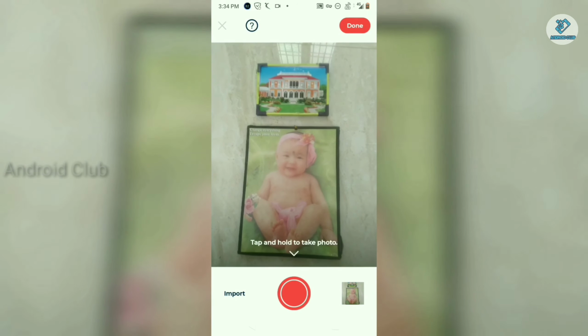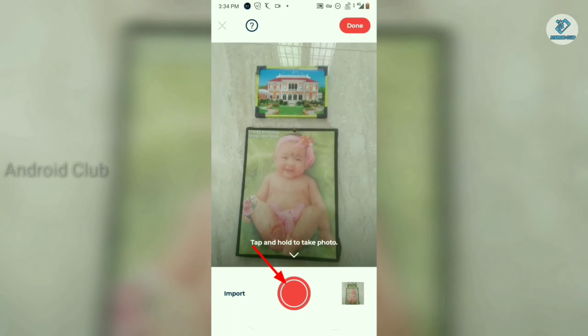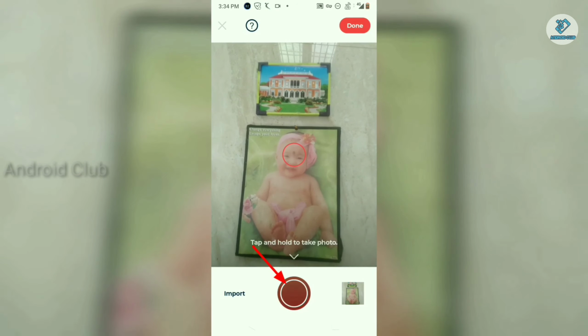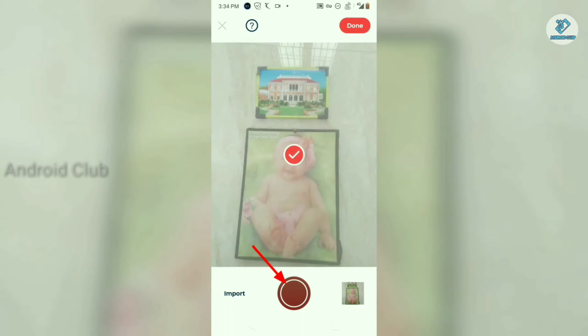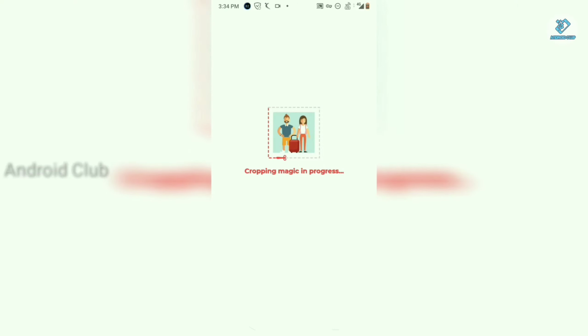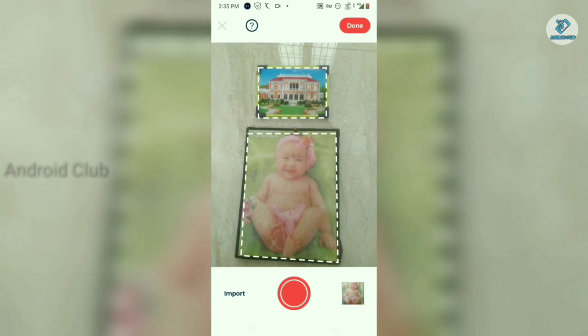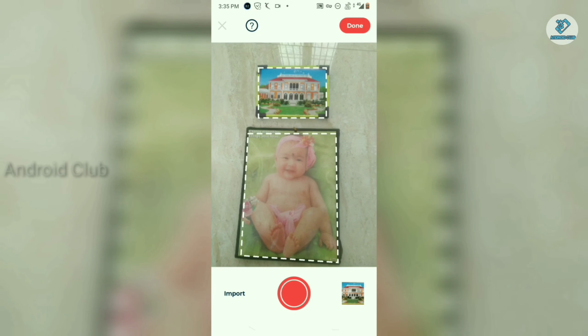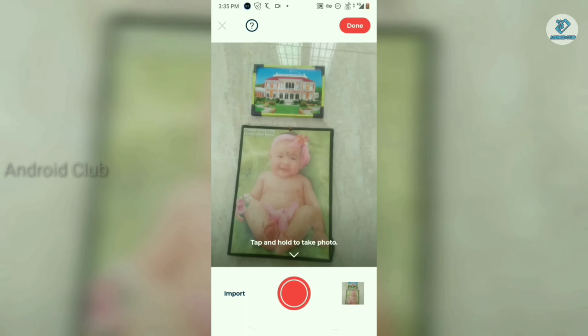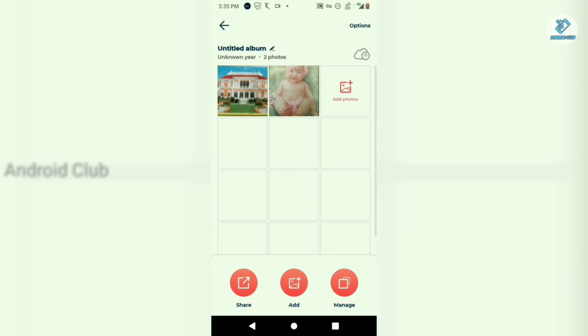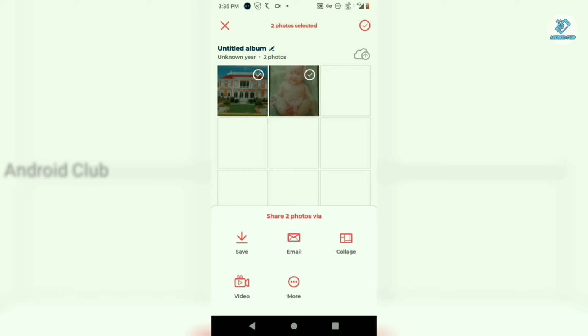To do that, simply click and hold this button, and Photomyne application will automatically crop your image. You can share these images to social media.